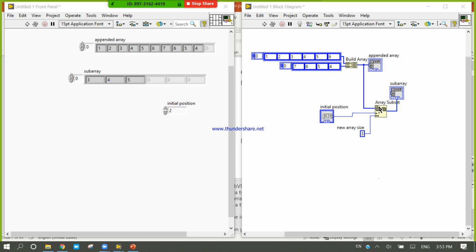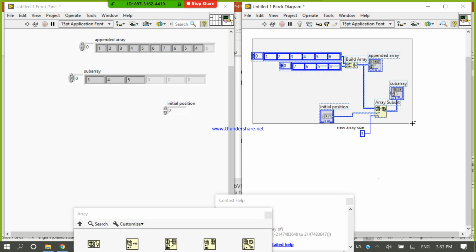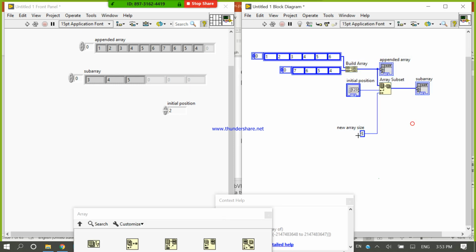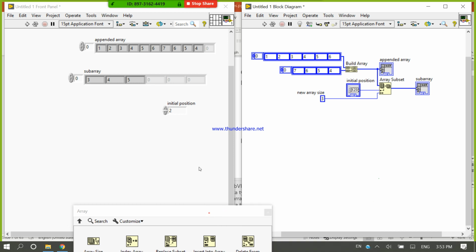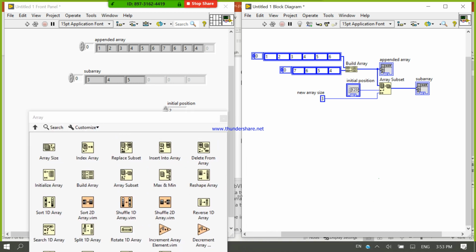Let's see. I will tell you where we will use it, how we will use it, and when we will use it. I will tell you each and everything, please be patient. LabVIEW is very easy for programming. But now there is the insert into array function, rotate functions, and search functions. We will use all of them. It is your target to design all those functions one by one.